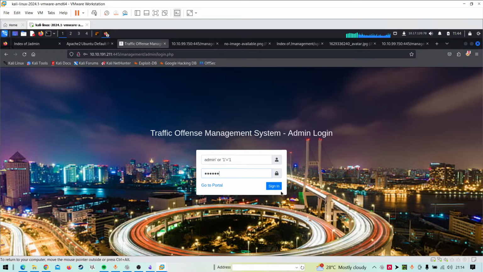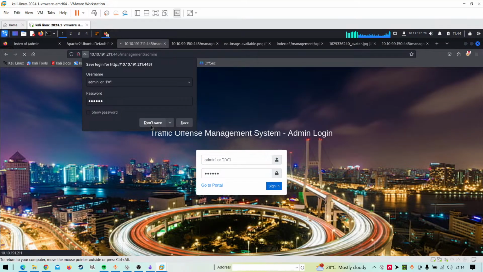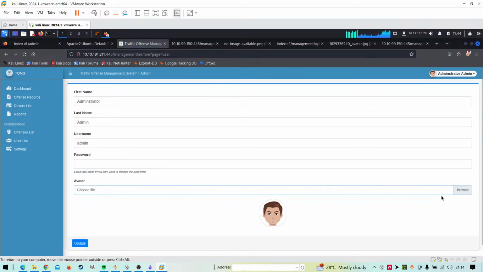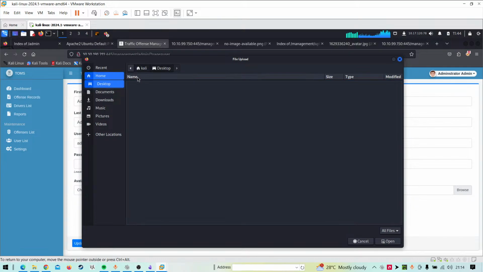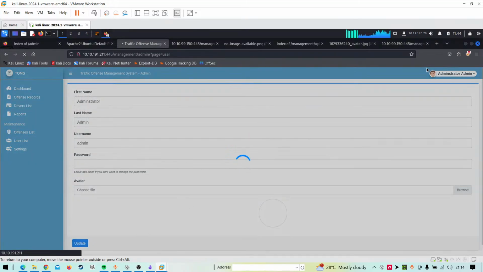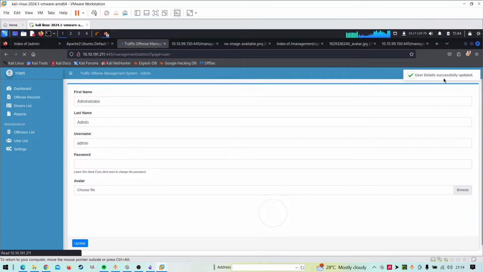So the password could be anything, doesn't matter. Just log in. There we quickly upload our web shell that we're currently listening for, and just update it as quickly as possible.